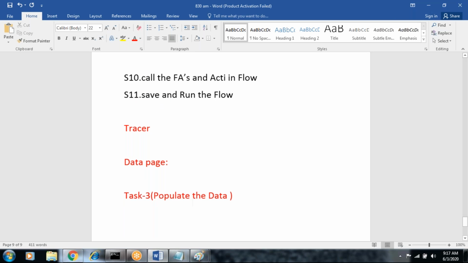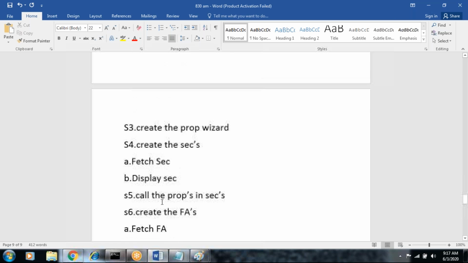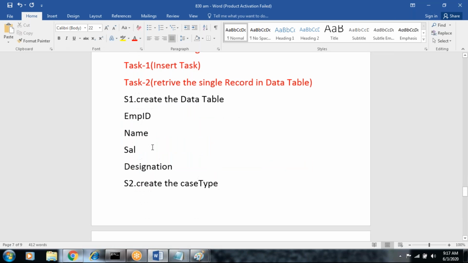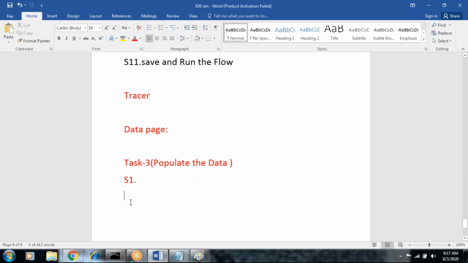This is for the task. We do one thing. So we already have properties, employee ID, employee name. I'm not creating these properties again. I'm going to use the same properties here: employee ID, name, salary, designation. These are all properties already created in the framework class. The data table is already there, so no need to create a data table. Just use the previous data table only.